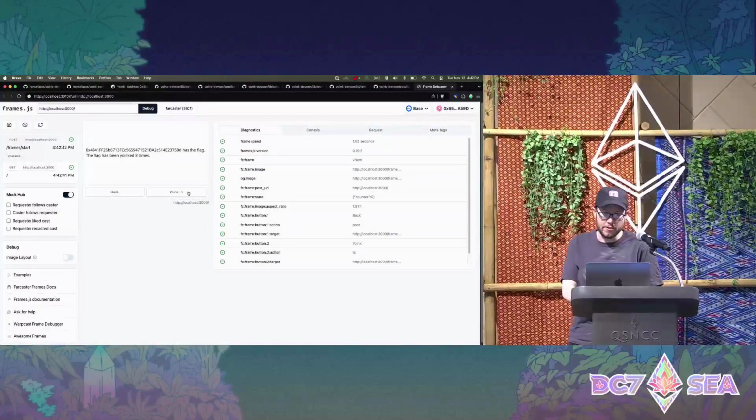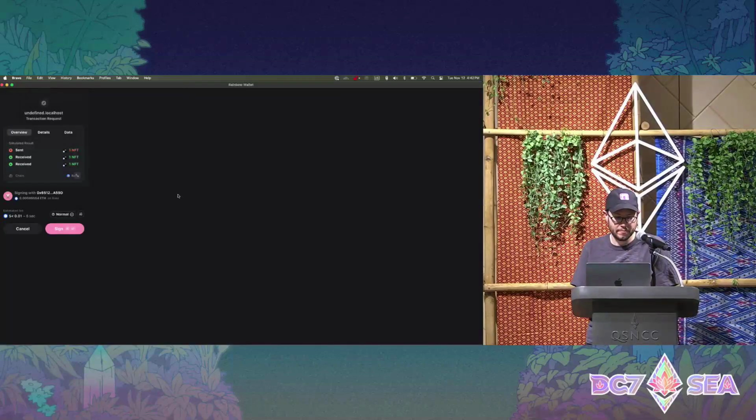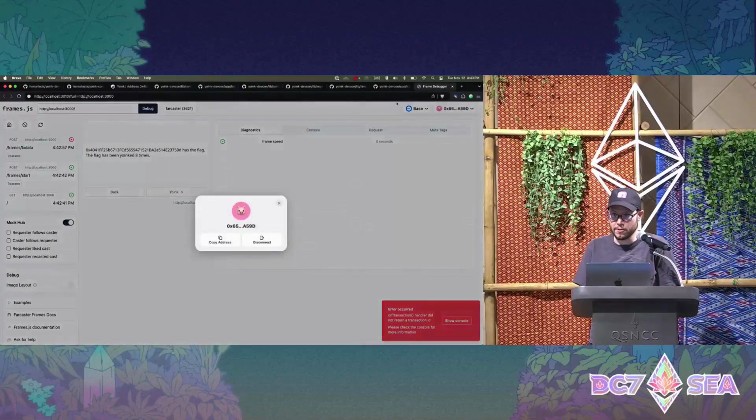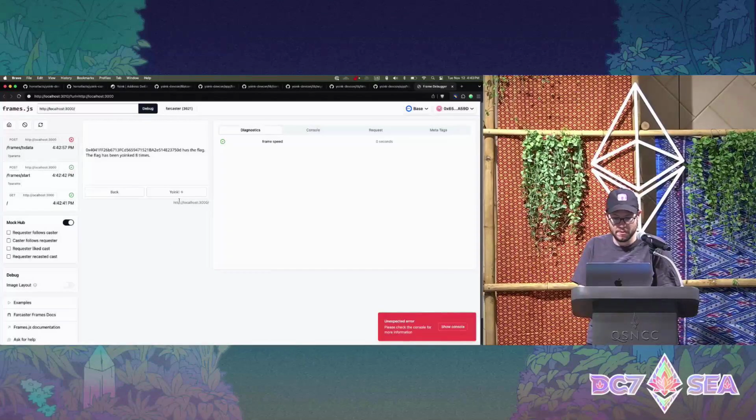Cool. So yeah, you can see the little lightning bolt here indicates that this is a transaction button. And hopefully if we're configured right, we can click this and something will happen. Sick, there we go. So yeah, this is prompting me in my connected wallet. You can connect up here in the Frames.js debugger, connect up to your own wallet here and trigger transactions.